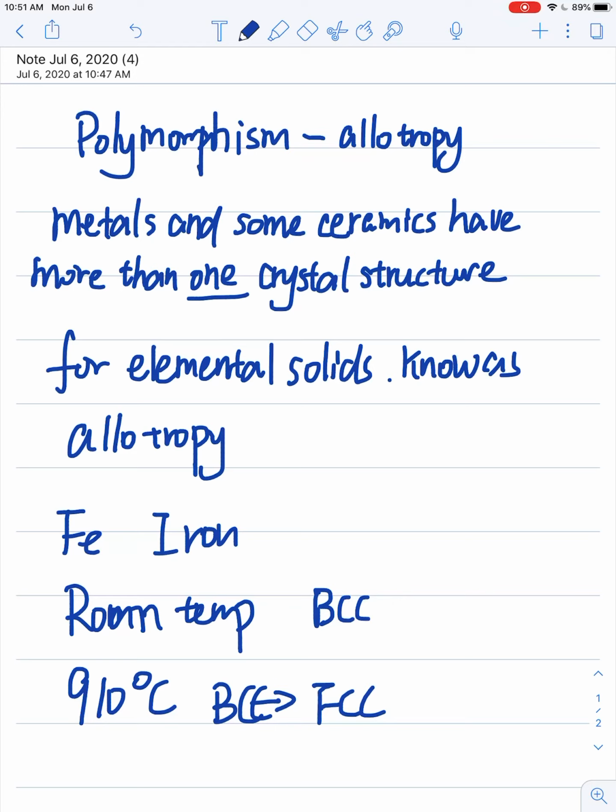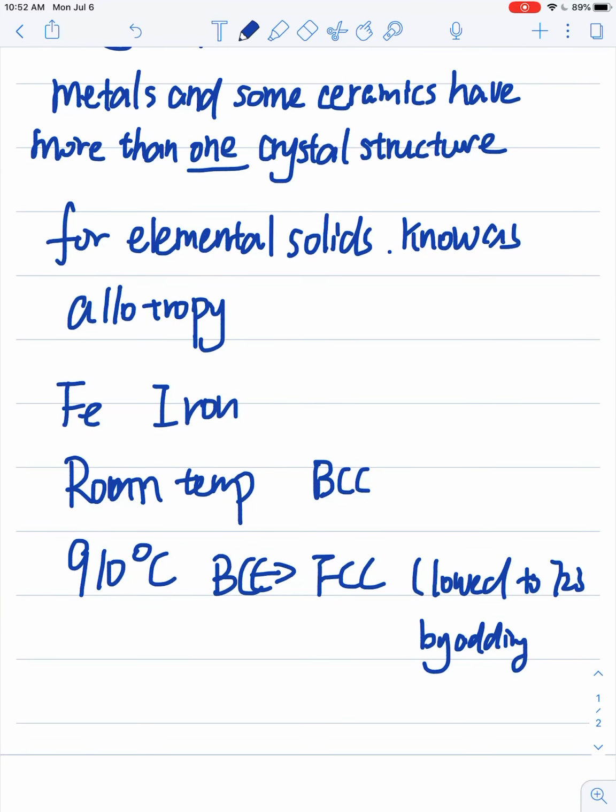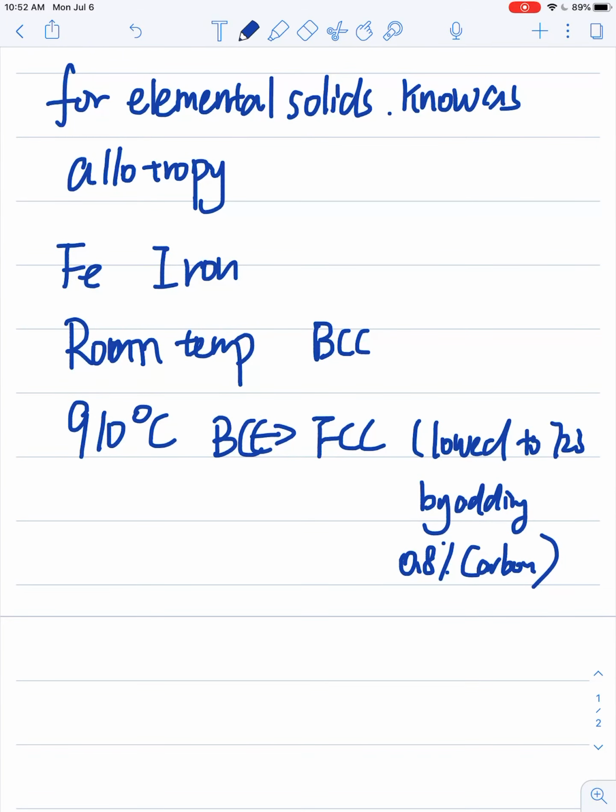By lowering the temperature to 723 degrees, and by adding carbon, 8% of carbon into iron. As we know, if we mix carbon and iron, you will get steel. So now here's a good example to show you iron could have different crystal structures under different conditions, and temperature